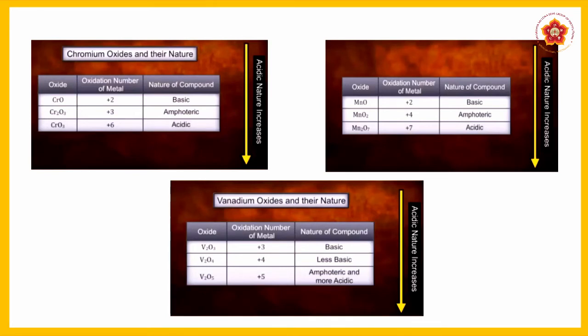Question is, what is amphoteric? Amphoteric is a state where it shows in-between acidic as well as basic qualities. So this is the study of their acidity and basicity based on the oxidation states of these compounds. The general trend we have to know is that smaller oxidation states are basic. As we go towards higher oxidation states, they tend to become more and more acidic in nature.